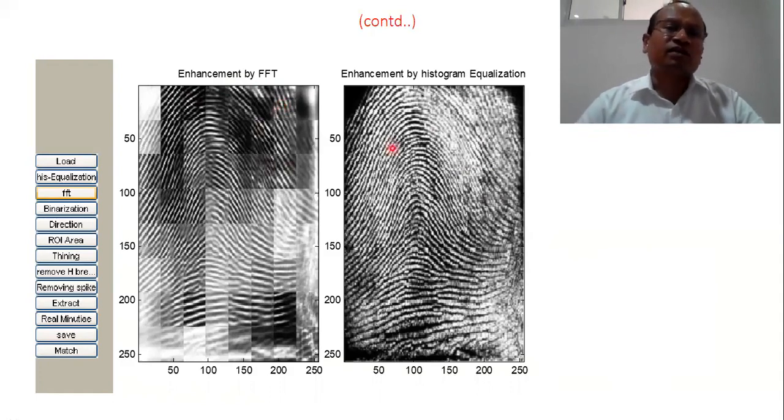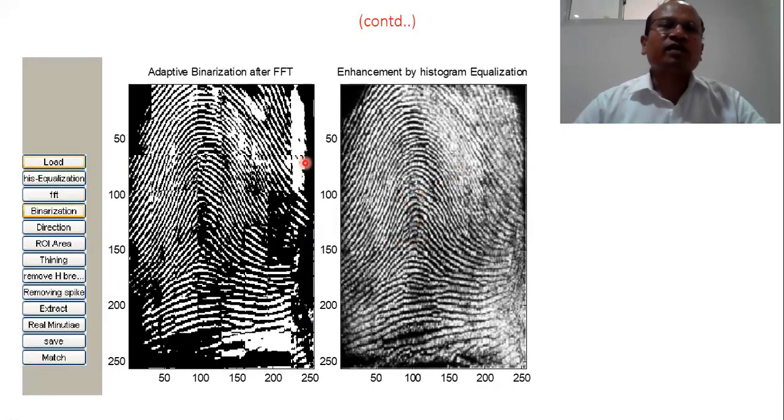As we have noted a number of times, in the frequency domain, visual appearance improvement is not the main aim. The main aim is to make the image more suitable so that appropriate features can be extracted for machine understanding, for computer vision. Then we again apply histogram equalization to this output.